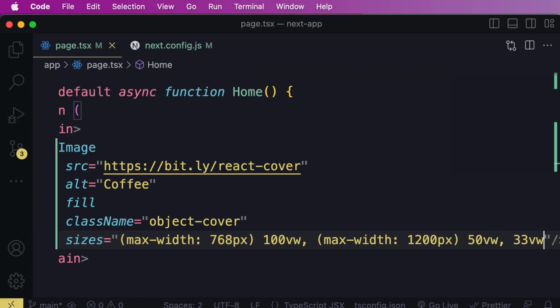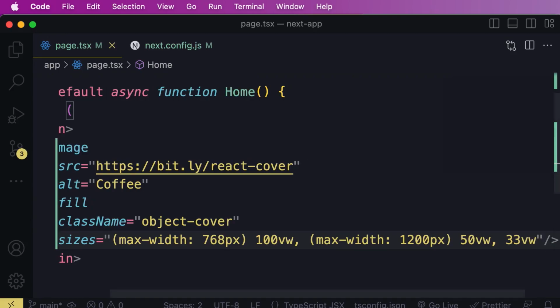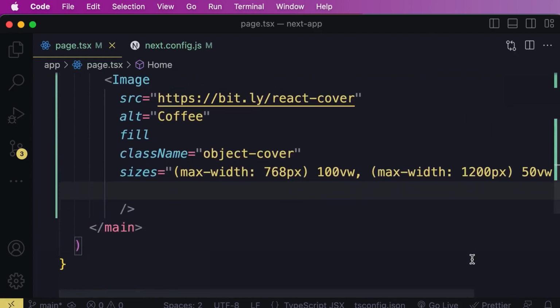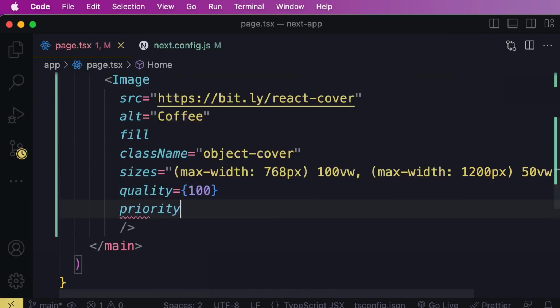Now here we have other properties that we can optionally set. Next one is quality, which is a number between 1 to 100. The default value is 75, which works perfectly for most cases. But sometimes, let's say for background images, you may want to have higher quality, then you can set it to 100. Now we also have priority, which is a Boolean,